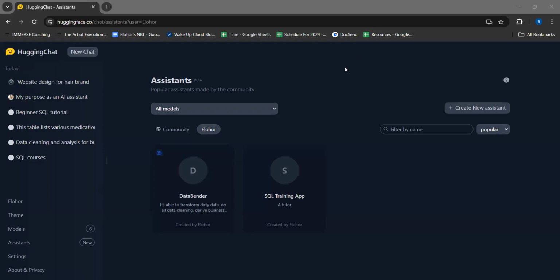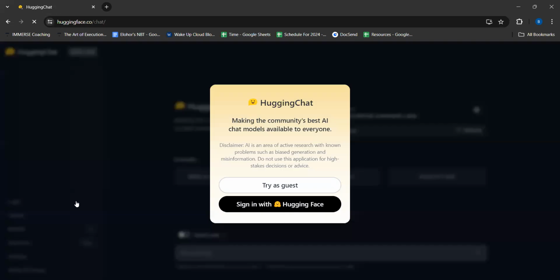Everyone. So I'll get to walk you through Hugging Chat, an AI tool that you can use in creating an assistant. I will be walking you through the interface and also how to log in and how to create your own assistant. I'll be logging out so that I can show you how to log in. So when you